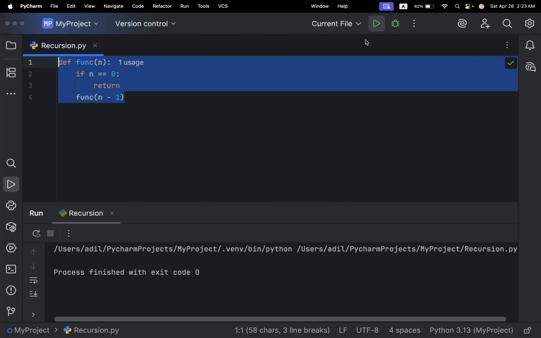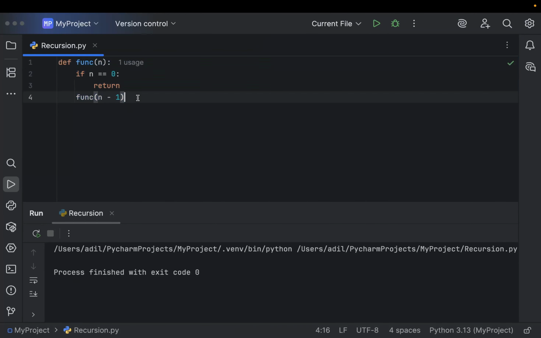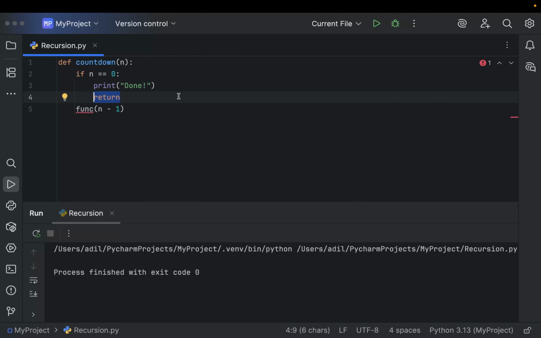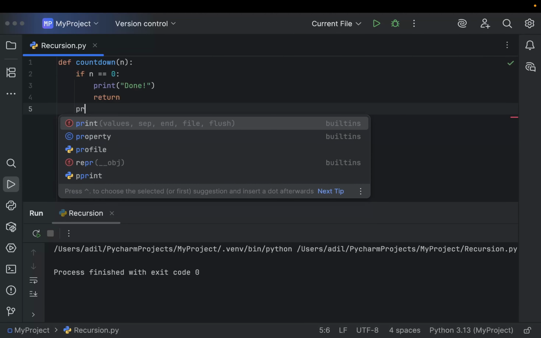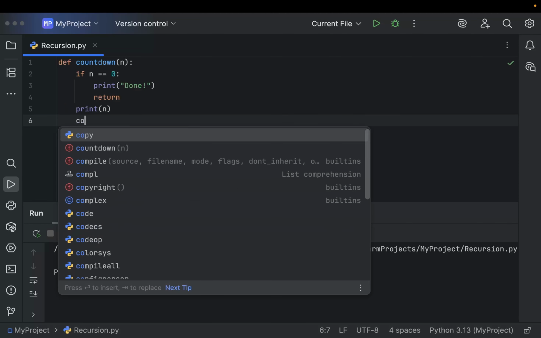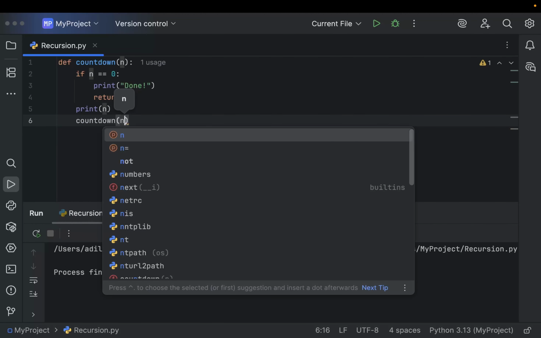Now if I run the code, it will do nothing, but to make this a real world function, we can rename this. So we can call this function countdown. Then if n equal 0, we want to print "it is done", and we want to return also. Otherwise, if n is not equal 0, we want to print n. After printing the current n, we want to call the countdown function again, but this time reducing the parameter value